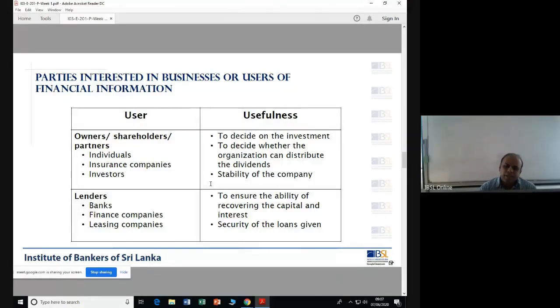And thirdly, as a shareholder, I would like to know whether this company is going to be stable. Now, if I am going to continue with my investment, I need to know that this company is going to be stable for the known future or unknown future. This is actually leading into a concept called the going concern, which we will learn shortly in